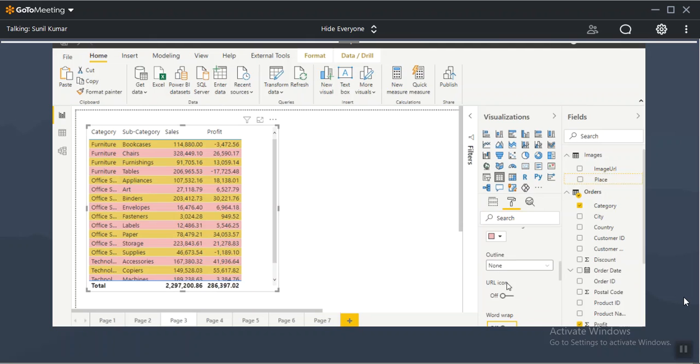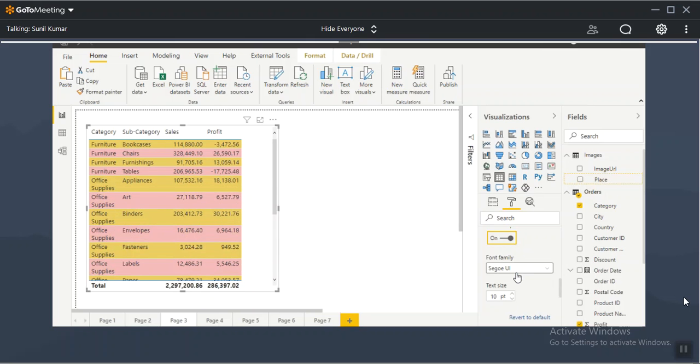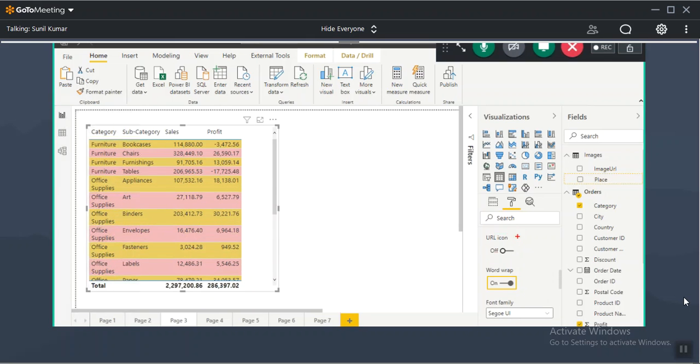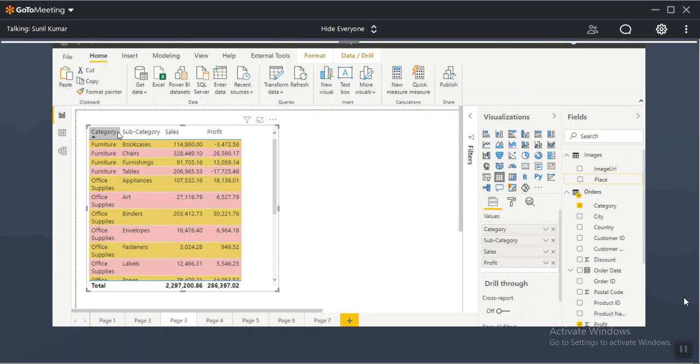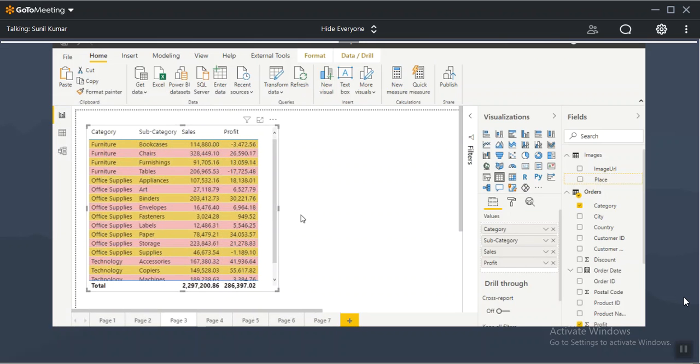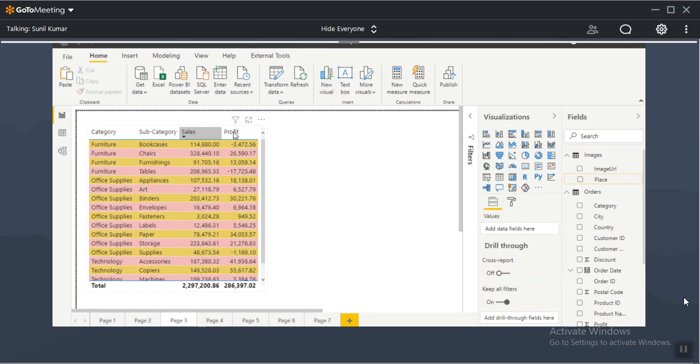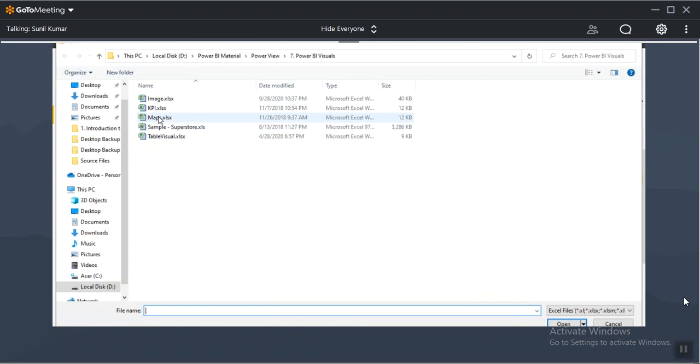Right. And font family and text size, we know about it. What is this URL icon? Sometimes we need to show some URL related information in the report, guys. So let me show here. I have a company name and their website. I have one data here,